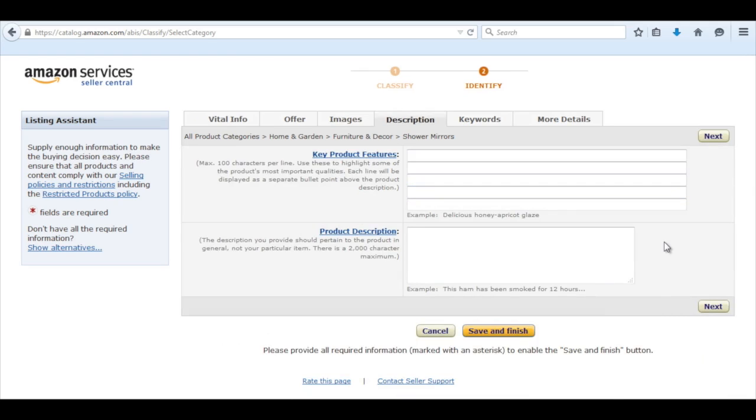And this area is the description. Now, when we talked about the key product features before, this is where it's going to come up as bullets. It tells you right here that you're going to use these to highlight your product's most important qualities, aka your features. What is your product offering to your customers? How is it solving those problems that we talked about? You're going to put that in here, and see that it allows a maximum of 100